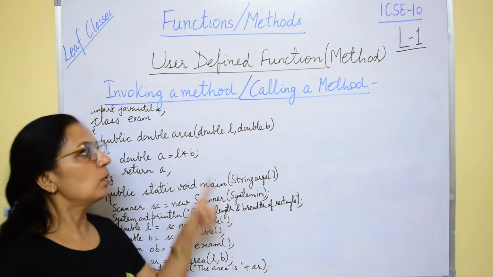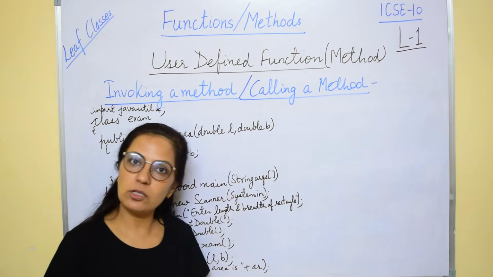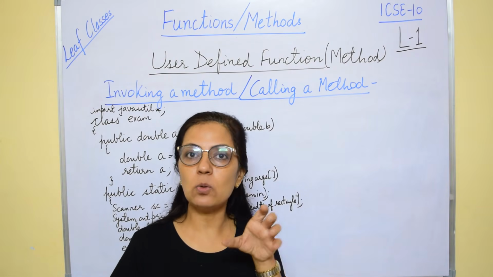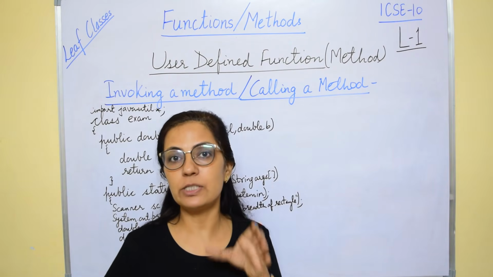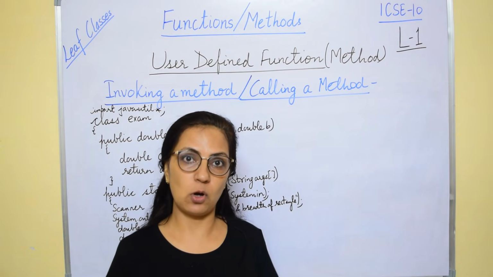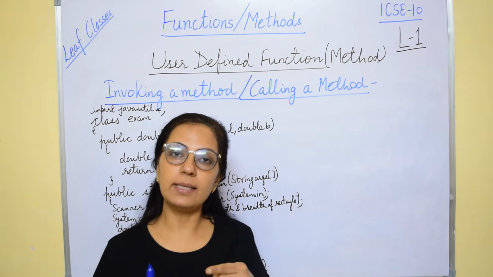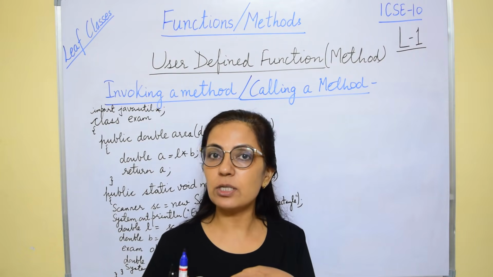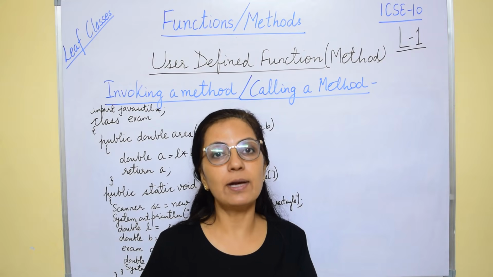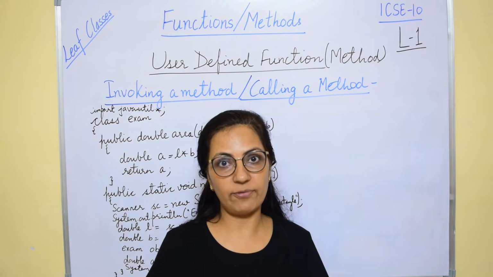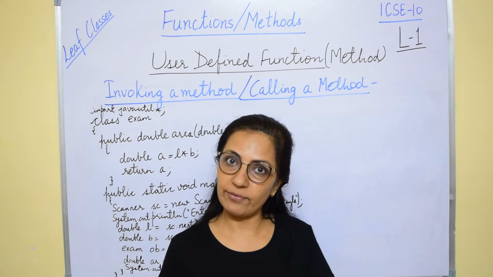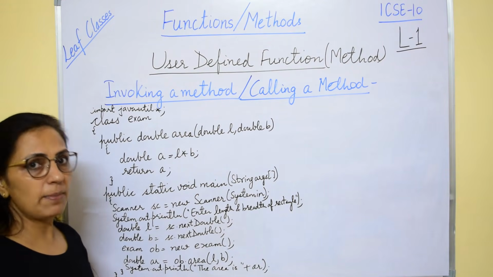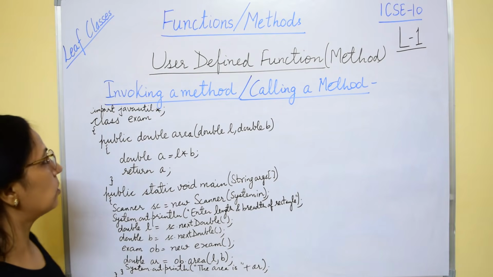Now we move on to invoking a method, which is also known as calling a method. That means we want to execute the body of the function which we have written. So how to call that? For doing this, in the class we have to write one main function and at least one more function, that is the user defined function, for which we have given the definition. Okay. So I am taking the same example again so that it will be more clear to you.